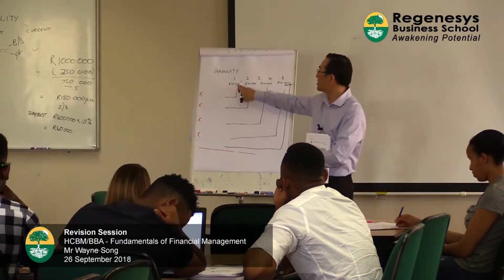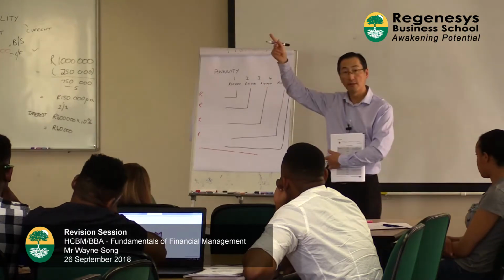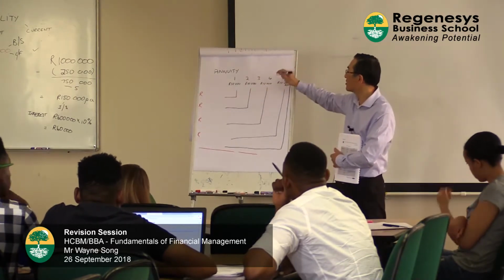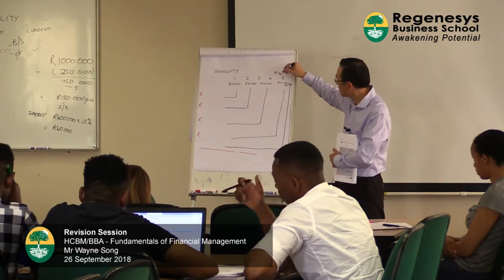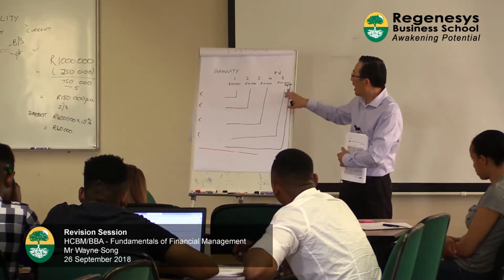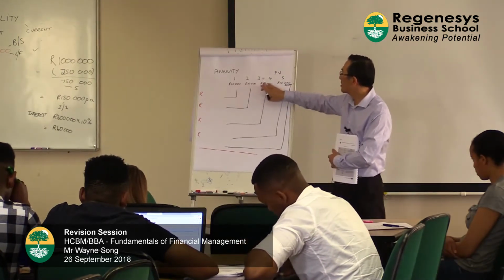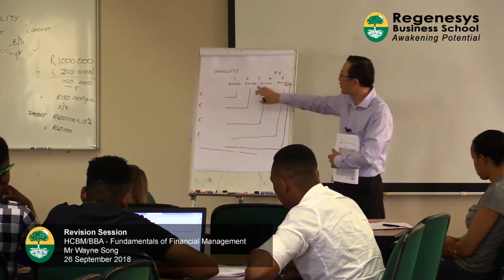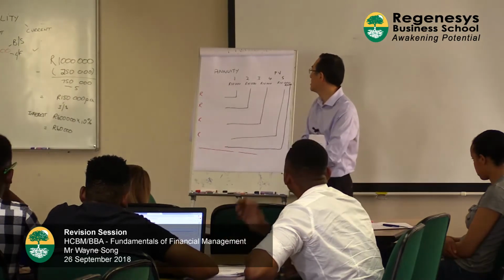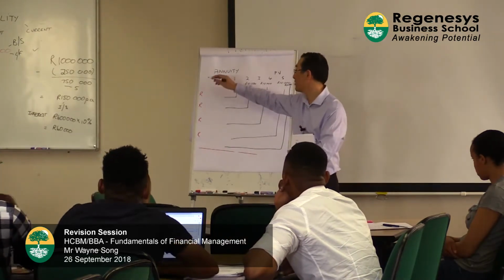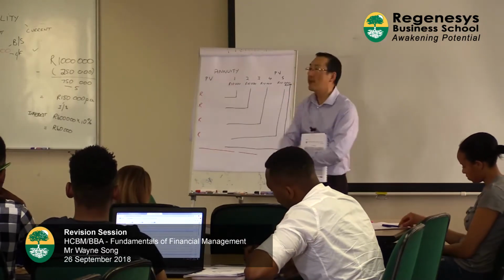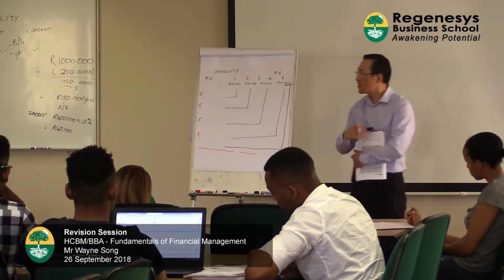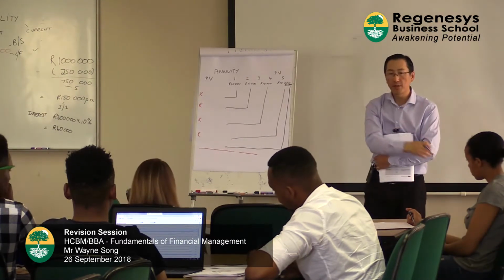Now, I'm receiving these amounts into the future, from year 1 to 5. So I would like to know, what is this 10,000 per annum over 5 years worth today? And therefore we need to compute the present value. Okay, so now let's do this example together, so we're able to do it with the tables